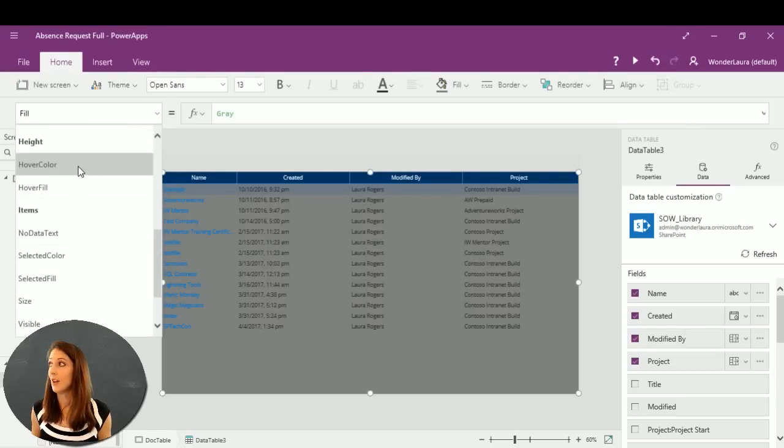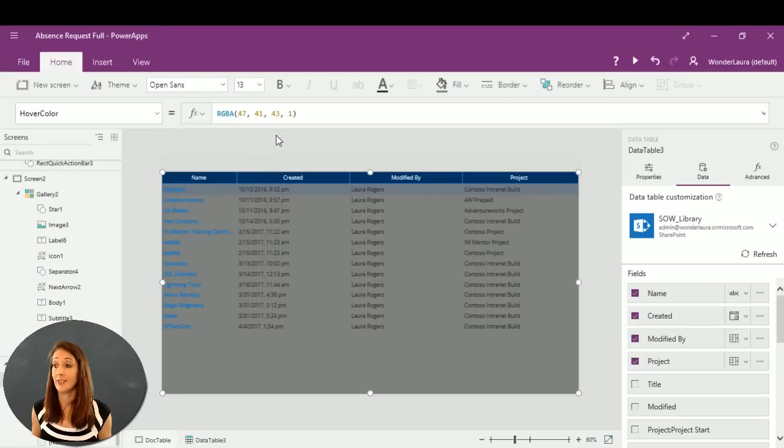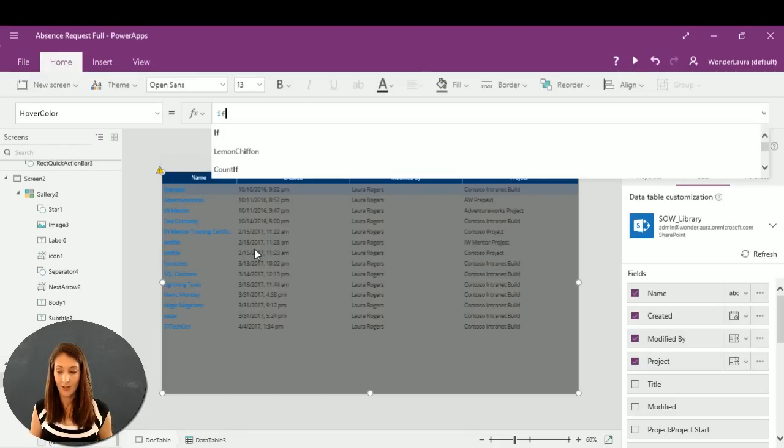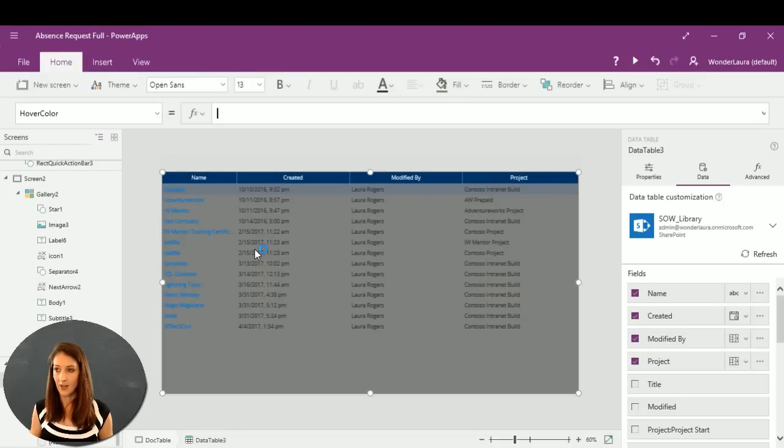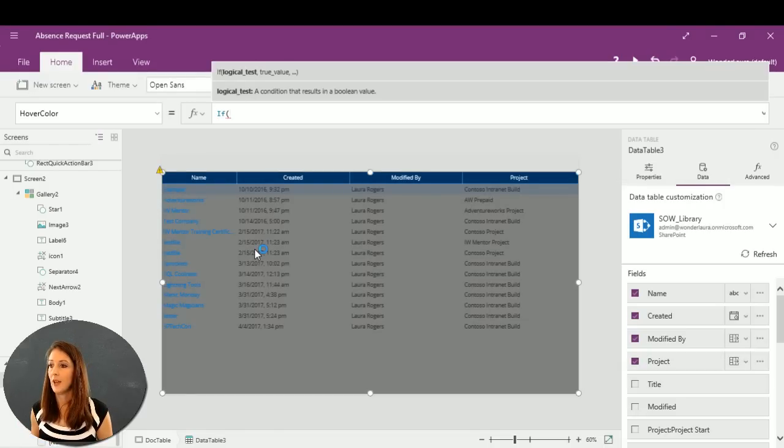Hover color, when I hover over a certain row, say, notice I selected this whole table. And again, this value just needs to be a color. So if, let me do the capital I, oh yeah, if, let's see, if name,